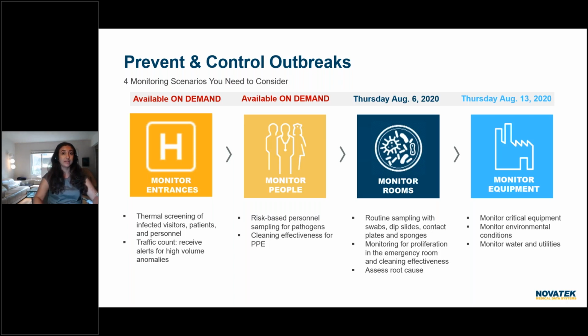In our scenario or case study, it is through an emergency room, and determining then cleaning effectiveness in that area. And finally, we'll look at how we identify the source of the contamination as well. Next week, Thursday, August 13th, we'll go through monitoring of critical equipment, including environmental conditions such as temperature and humidity,